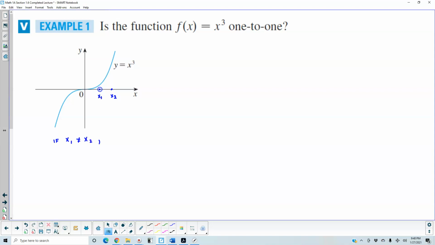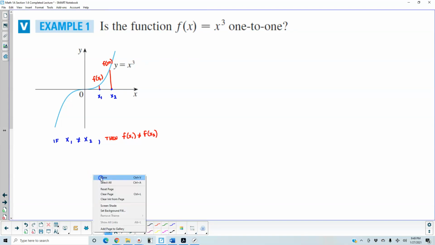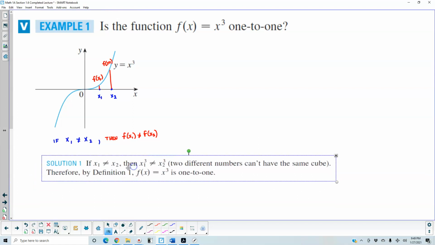Okay, so we know that. And then also, what is the output for that? Well, the output for x1 has a different height than the output for x2. So therefore, if we see that their heights, or their outputs, are not equal to each other on the entirety of the graph, and that's just one case, then the one solution we can say is